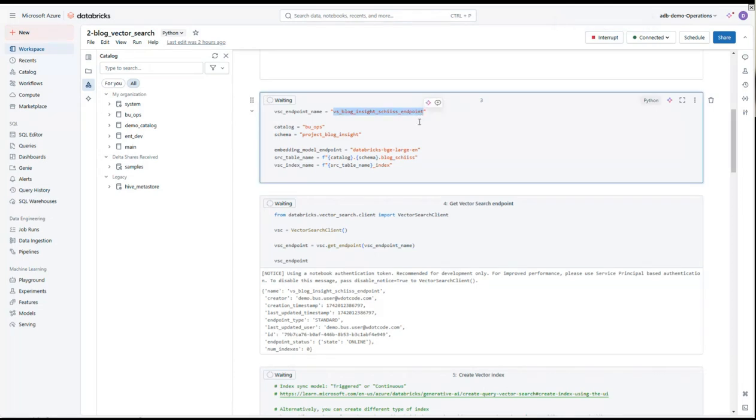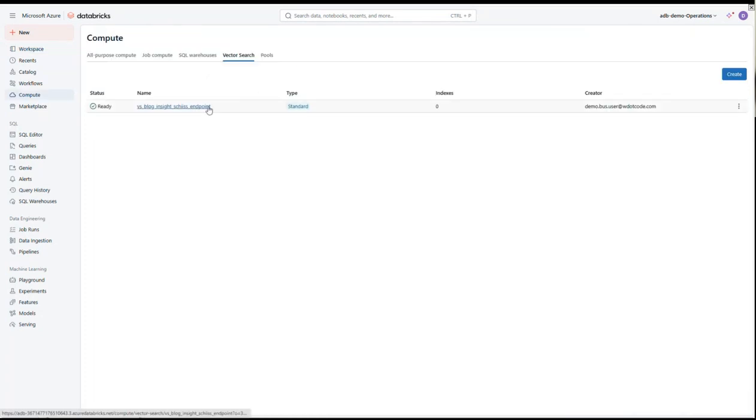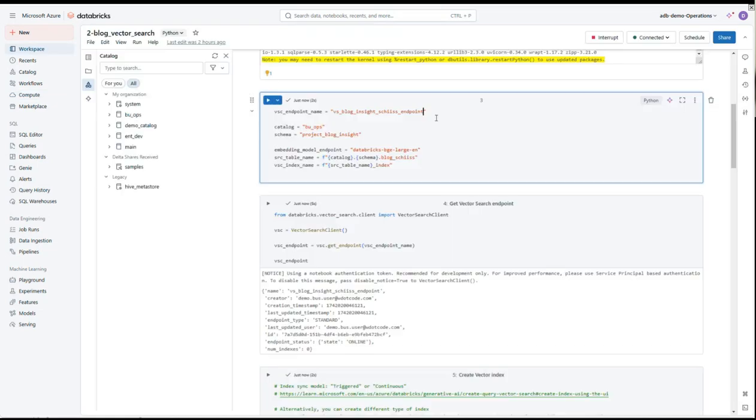So we're defining the endpoints that we saw earlier. Again, this is the name that we set earlier, right? The vector search blog insight. This is the endpoint name, or the vector search name, the compute name that we use. And then the data belongs to the catalog of BU ops here, under the schema project blog insight. And we're going to use the Databricks embedding model called Databricks BGE large en. And then we also need to provide